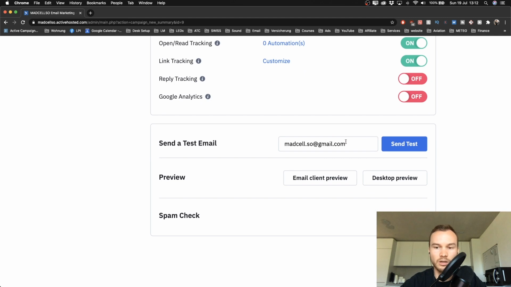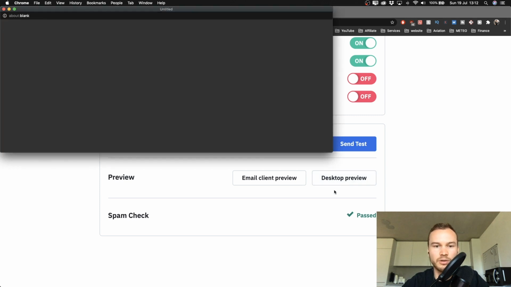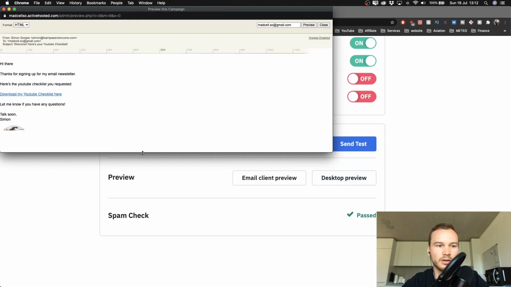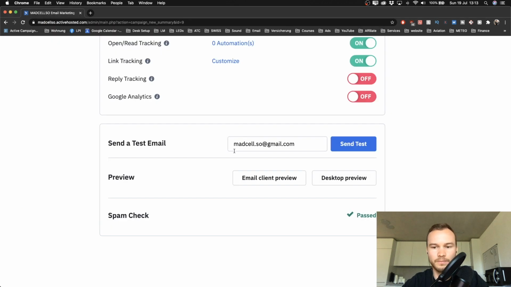And what I also would suggest you do is do a test email. Just send a test email to your Gmail account or whatever you're using so that you see that the email looks good, that it will actually go to the inbox. And you can then make some changes if it doesn't look like you want it to look. You can also do some previews here, how it will look like on a desktop version. So that looks fine to me. So let's close it up. And then what